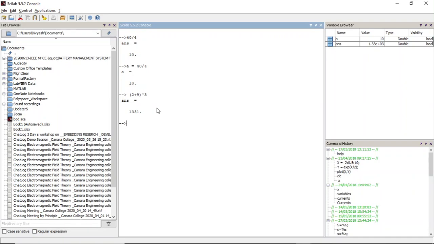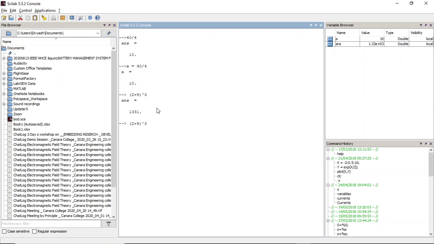you can perform almost all computations which your scientific calculator does here. That's interesting. One more point which you should remember here: when you do calculations, you can use your keyboard arrow keys, or your mouse. So if you use the down key, you can get the previous commands. Sorry, up. If you use your up key, you can get the previous commands which you have typed.